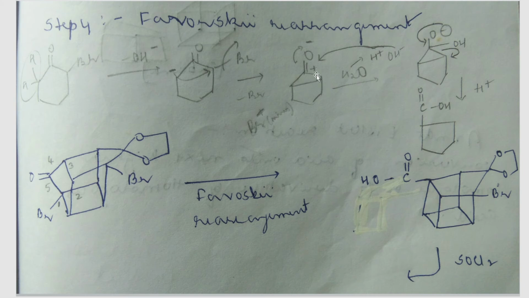What is the next step? It's still a 6-membered ring, correct? So you want to break this bond over here, which I'm pointing out. That bond is supposed to be broken in order to make it a 5-membered ring. So how do we break that bond? You can see that there is a C double bond O here, a carbonyl group. Oxygen being electronegative will pull the electrons from this pi bond. So there will be a minus charge on this oxygen and a positive charge on this carbon, because the pi bond shifts onto oxygen. Next, we are doing hydrolysis.